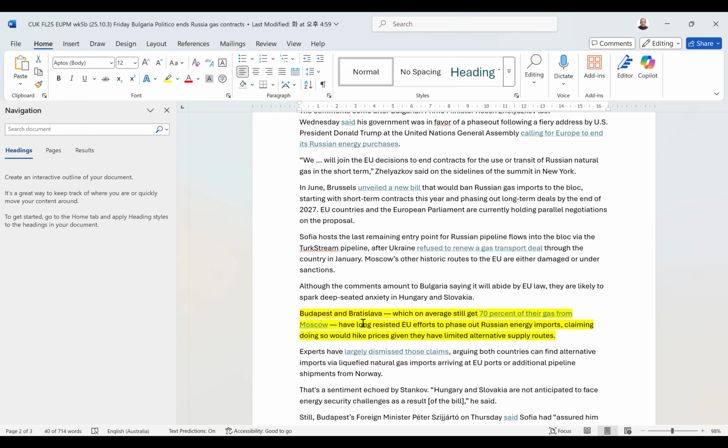We're not going to, and of course, over the objections of Slovakia and Hungary, now you could say Slovakia and Hungary can say, well, we're going to buy oil and gas anyway. They can't because they're surrounded by European Union member states and Ukraine. So Ukraine is not letting Russia sell oil and gas through pipelines going through Ukraine to Slovakia and Hungary. They're not allowing it. And now the Bulgarians are saying, we're not going to allow it either.